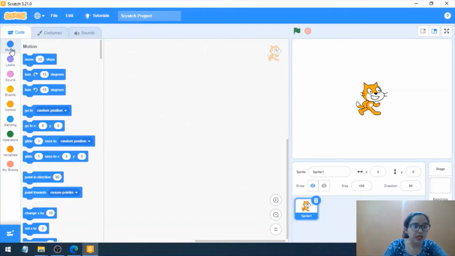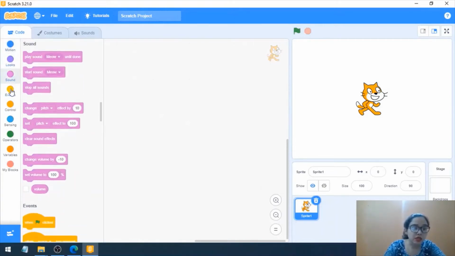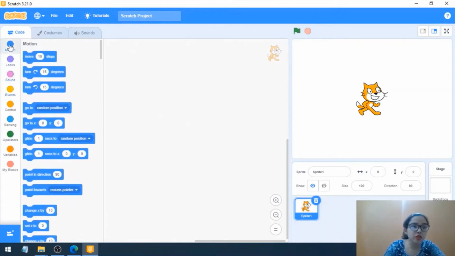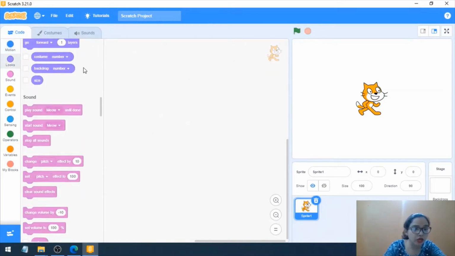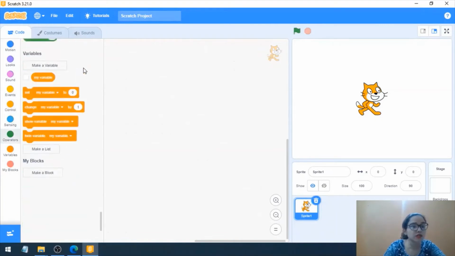Like all the blocks related to motion are categorized into this particular category. All the blocks related to looks are categorized into this looks category, which is purple in color. And similarly like this, whichever you are going to click, it is going to show you the related blocks. But if you just scroll down, everything is just kept at one place.